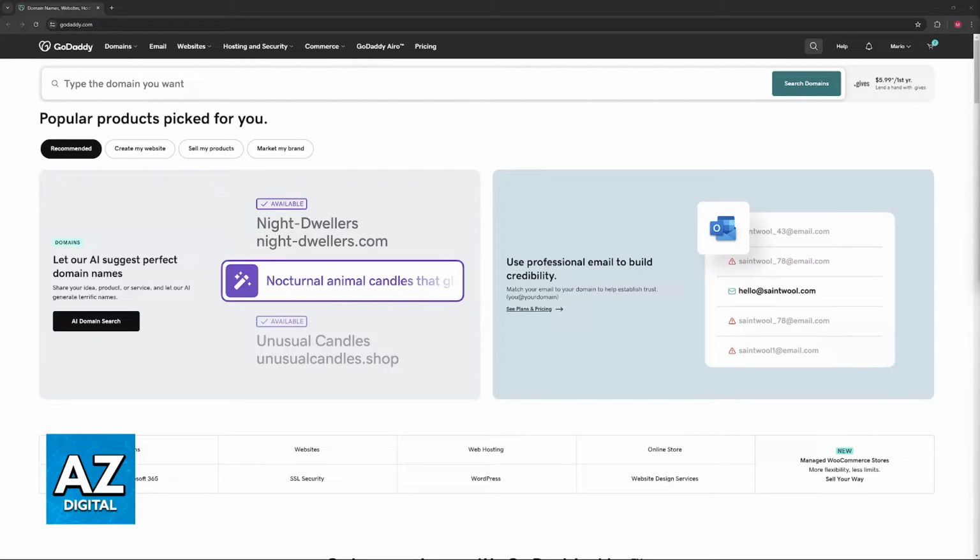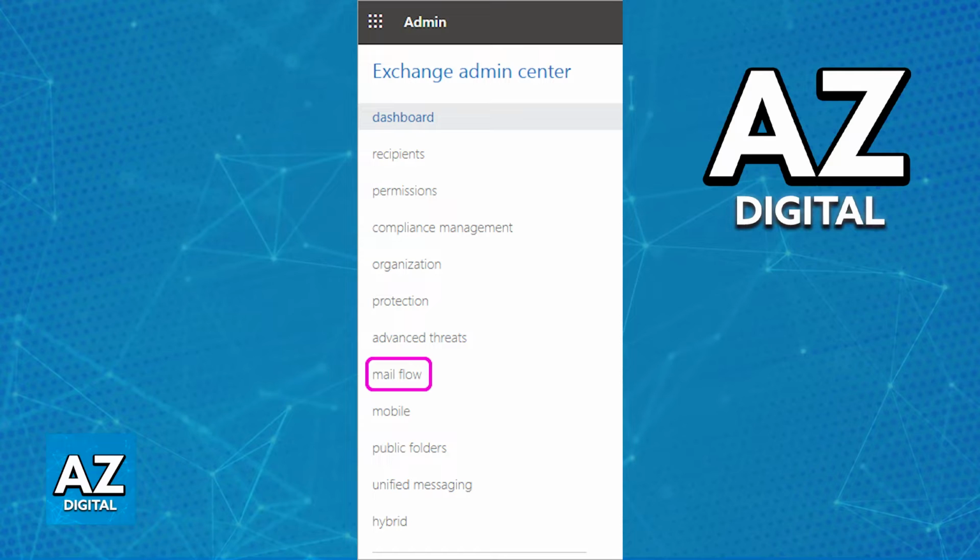So to do this, you will have to visit a specific web interface. Make sure that you are signed into your GoDaddy account, and afterwards, all that you have to do is go over to the Exchange Admin Center. To disable this, access the Exchange Admin Center in Exchange Online, and once you are properly signed into your account, using the menu at the left side of the screen, go over to Mailflow.